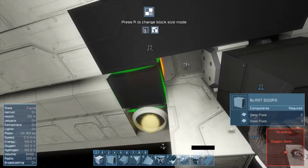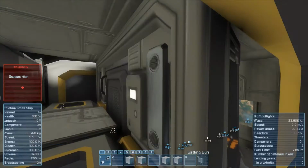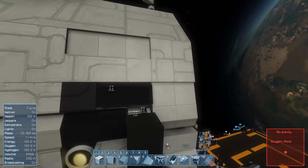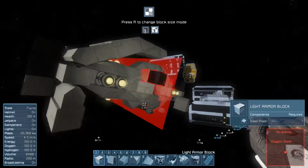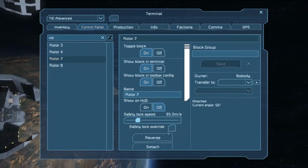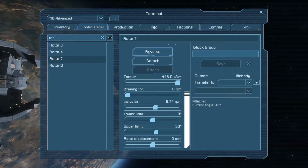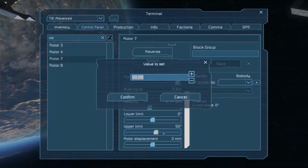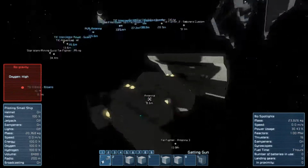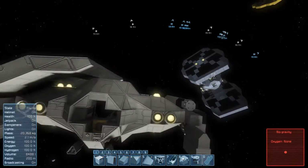For the actual hinge section of the whole wing, which is the lateral part joining the whole wingspan, or the strut as some may call it, I'm using one side a blast door end and the other side is actually a more unconventional block. It's an end of the 2x1 slope, which I'm very happy Keen separated in hindsight. At first I thought, why would you make these slopes separate, but this is really helping with more detail and more creative